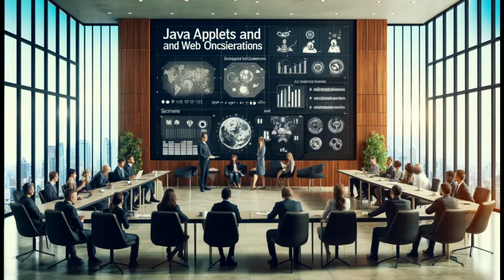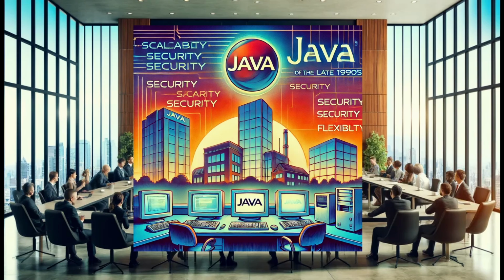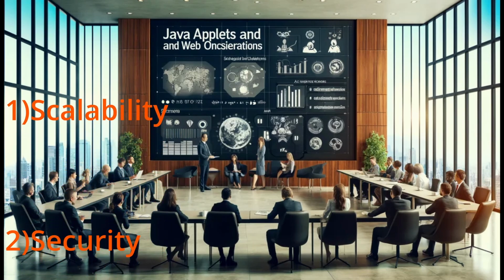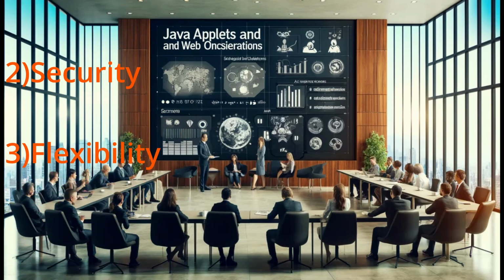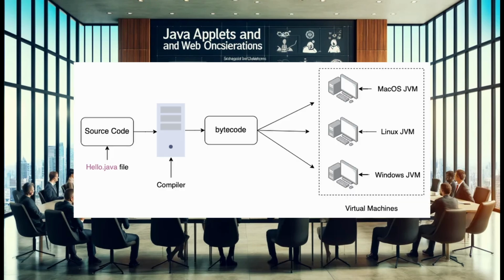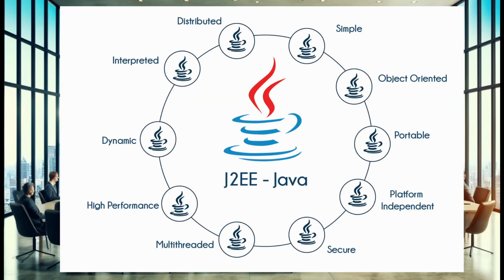Java's true moment in the spotlight came in the late 1990s when businesses faced new challenges. Enterprises were growing rapidly and their software needed to keep up. This means scalability, security, flexibility, all areas where Java excelled. One of Java's key strengths was the JVM, or Java Virtual Machine. This layer allowed developers to write code once and run it on any system, whether it's Windows, Linux, or even obscure mainframes. In 1998, Sun Microsystems introduced Java 2, which included the Java Enterprise Edition, J2EE. This wasn't just a programming language anymore, it was a comprehensive platform for building web servers, databases, and business applications.